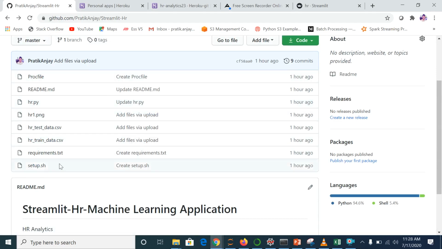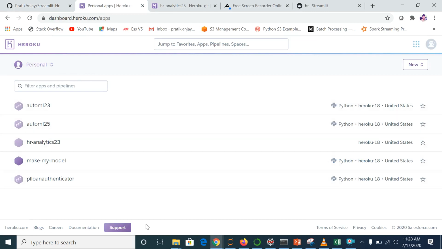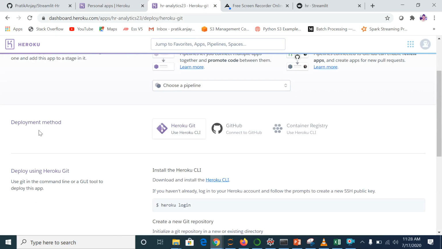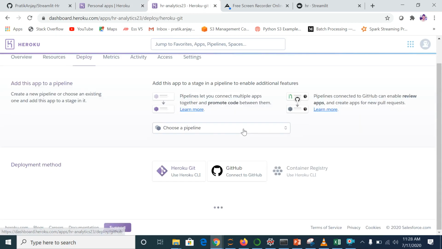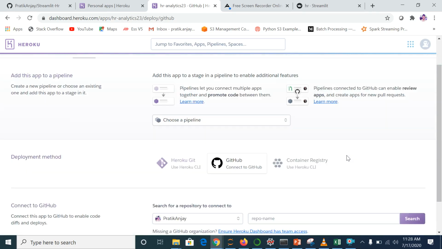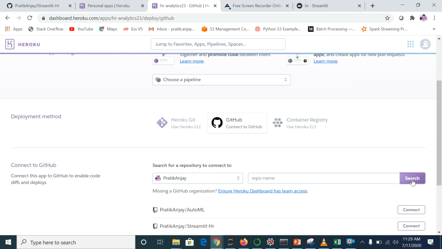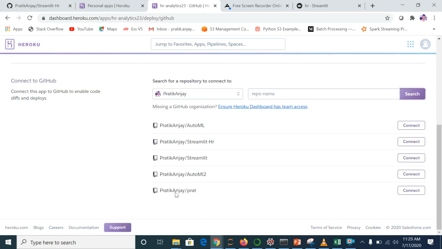So now my GitHub, all the setting is done. I have to just go into my Heroku dashboard. I have to click on new. I have to create a new app. And once you create an app, you will get this kind of dashboard. I have already created a new app. So now what I have to do, I have to simply come down to the deployment method. I have to click on GitHub. It will ask me to connect to GitHub. So my GitHub repository has connected. It will ask me which repository I want to deploy. I have to just click on search, and it will give me all the options over there.